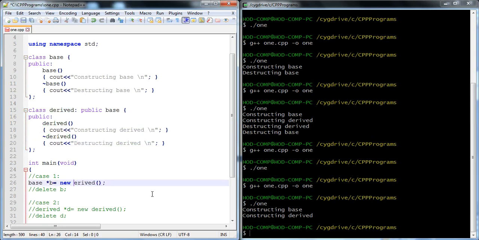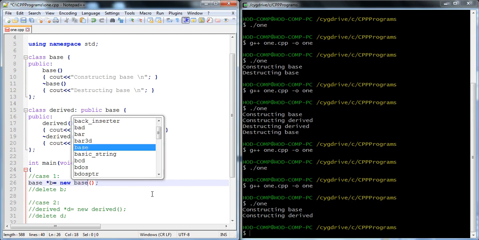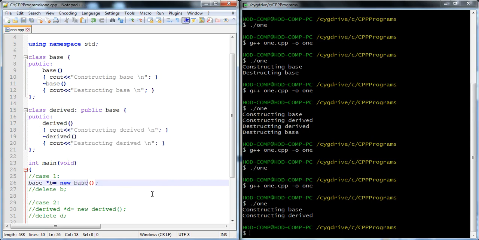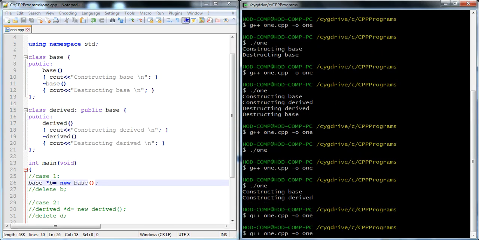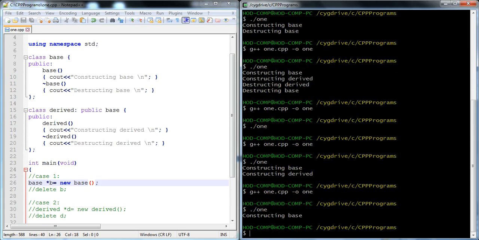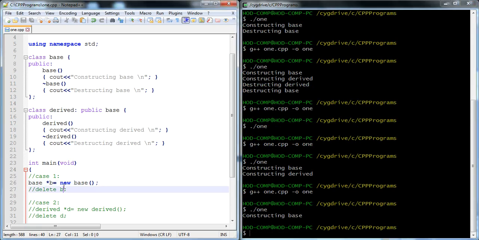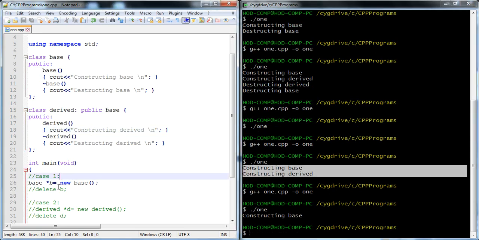If we assign the base constructor to the base pointer, it only calls the base class constructor. When we assign the derived class constructor, it calls the constructors of both the base class and the derived class. That is the concept of the base class pointer.